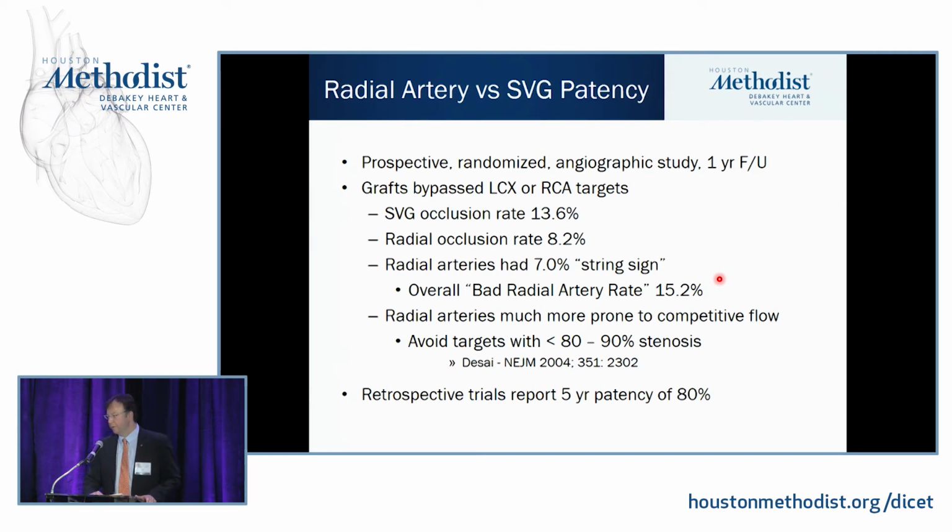Now the radial artery, a lot of people feel like, well, the RIMA is a great option. Why don't we just use the radial artery all the time? And there have been some prospective randomized trials and some retrospective trials, and we're still waiting on some more prospective randomized trials. But one of the trials in particular looked at